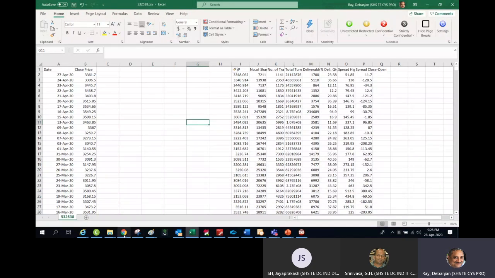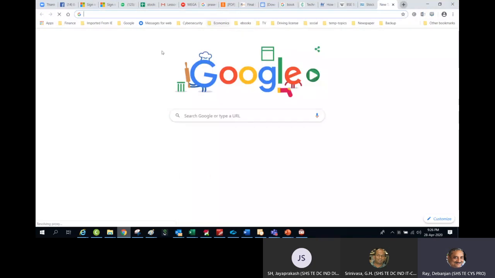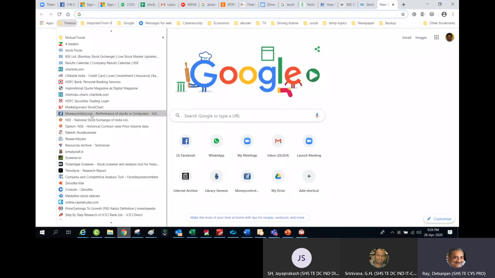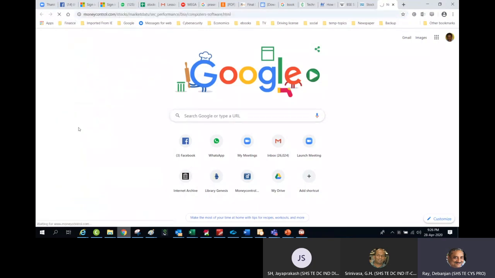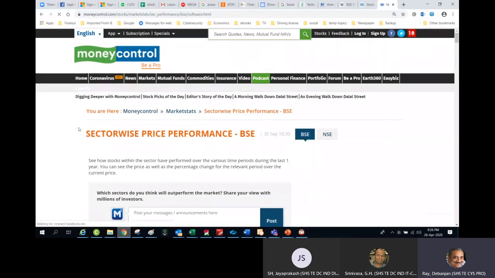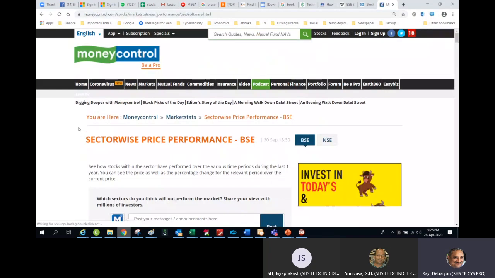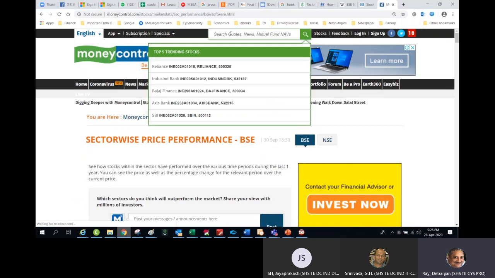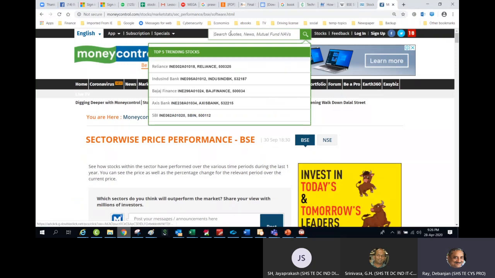Thereafter, sometimes the company announces a bonus stock or the stock itself gets split. For example, if the 10 rupee stock gets split, it may become two stocks of 5 rupees. Suddenly you will see the value going half, but the number of stocks in your portfolio will go double.